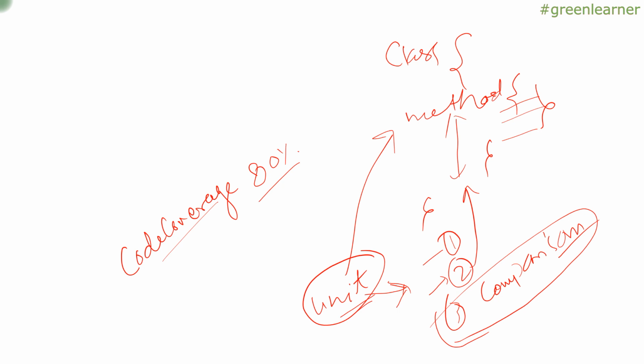In that case, if anything in the business logic changes, your test case is not going to fail. But the method being called from this unit test case is still counted under coverage, and that number is included in the 80% coverage. It means whoever sees this metric will think the method is covered by test cases, but actually it is not. This is one example of when someone has missed the assertion part of the unit test cases.